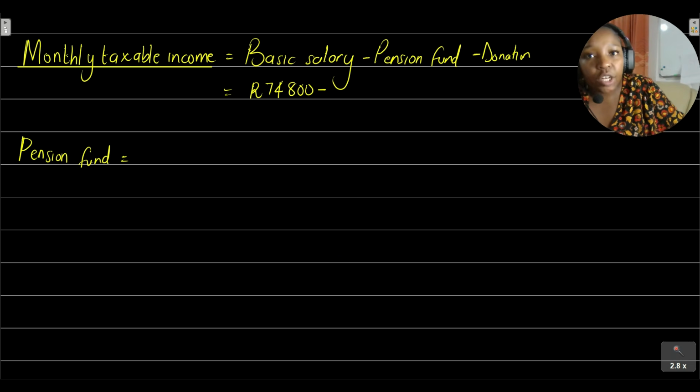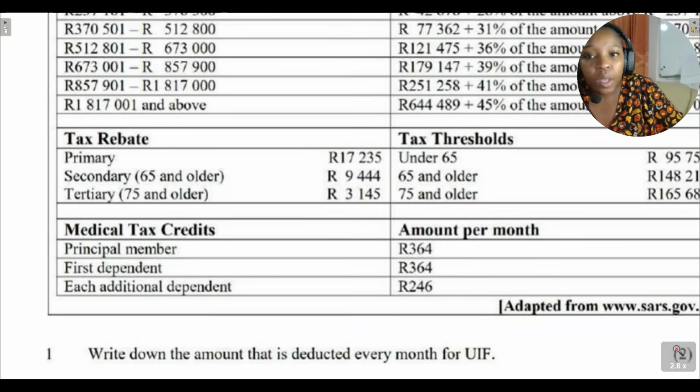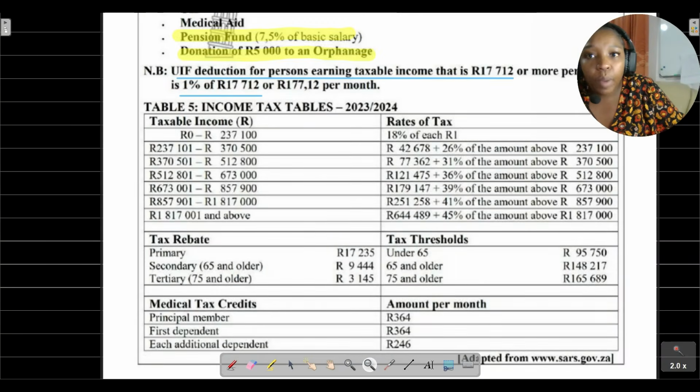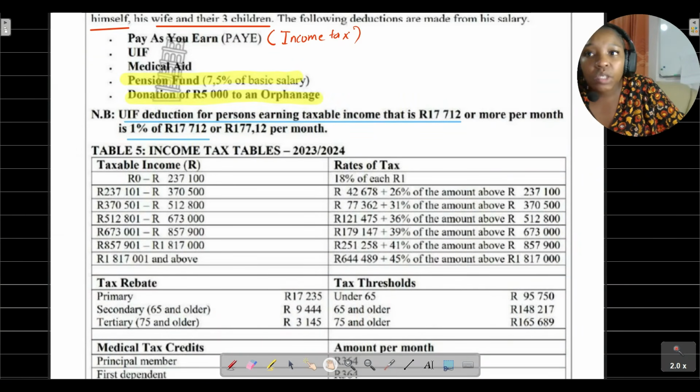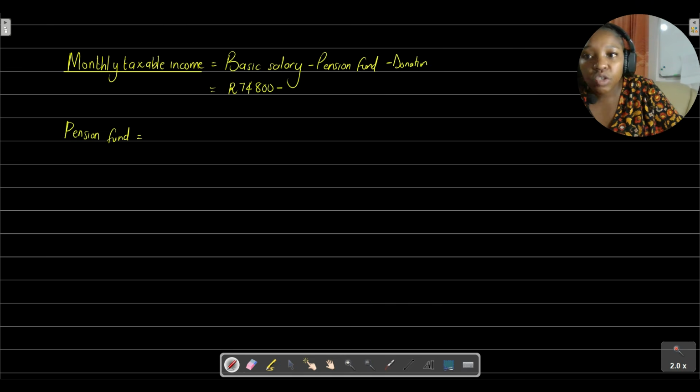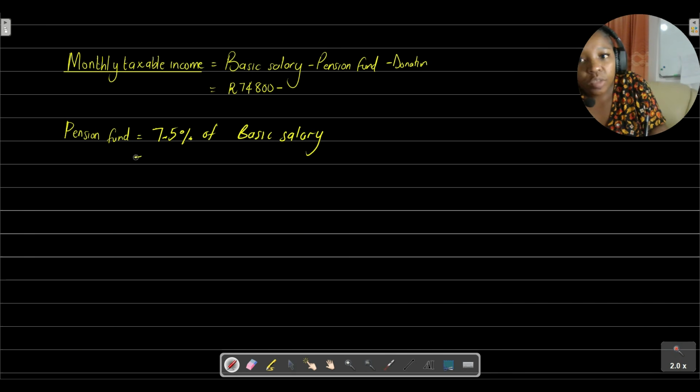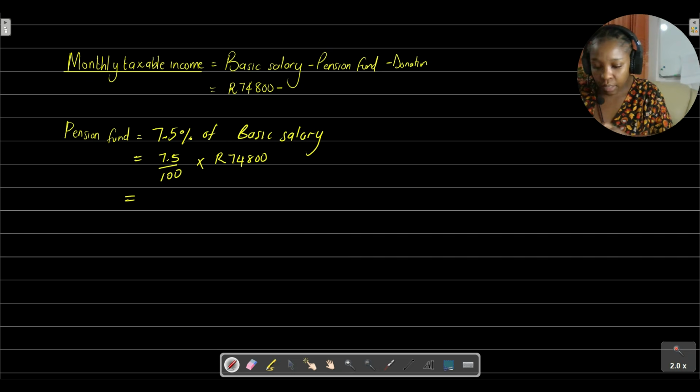Okay, so how do we get the pension fund contributions? If you basically look at the information that is given to us here, we are basically told that Mr. Parker donates 7.5% of his basic salary to pension. So it's just going to be 7.5% of what? His basic salary. So what does that mean? It's just going to be equal to 7.5 over 100 multiplied by, what is his basic salary? 74,800, meaning how much is he contributing to pension? It's 7.5 over 100 multiply 74,800. It's equal to